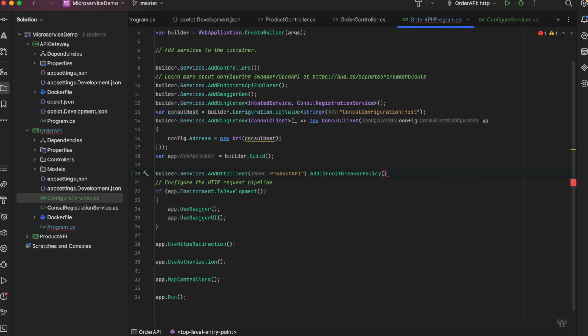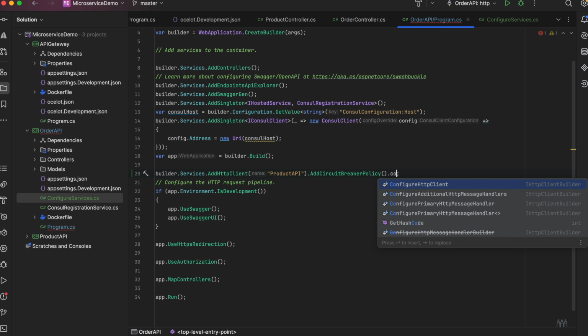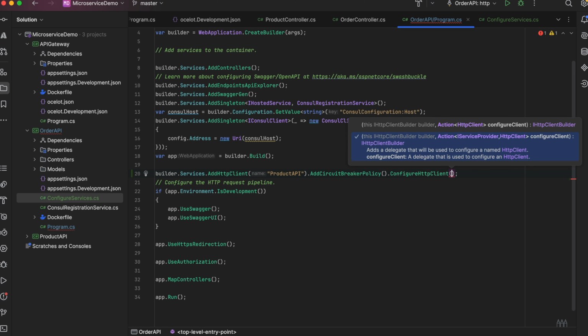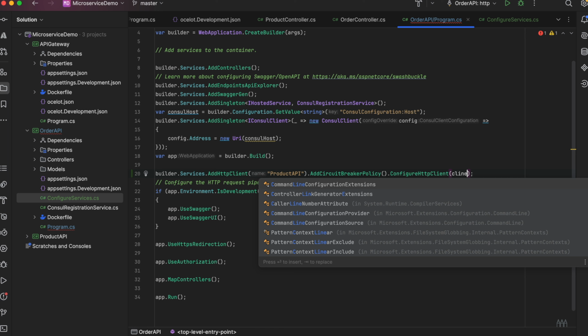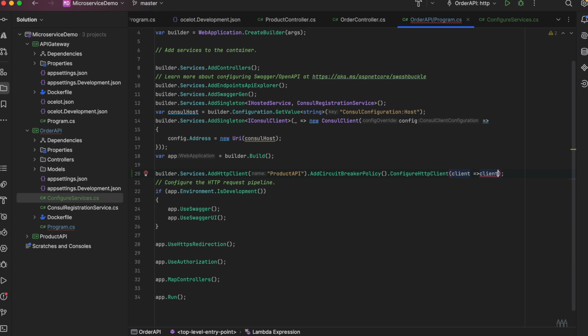Okay, so we have added the circuit breaker policy for the HTTP product API. We can also configure the URL, or the address, or the localhost for this particular API. So how can we do that? We can configure the HTTP client here. Okay, and there is some information that can be added. Let's do this one. Client